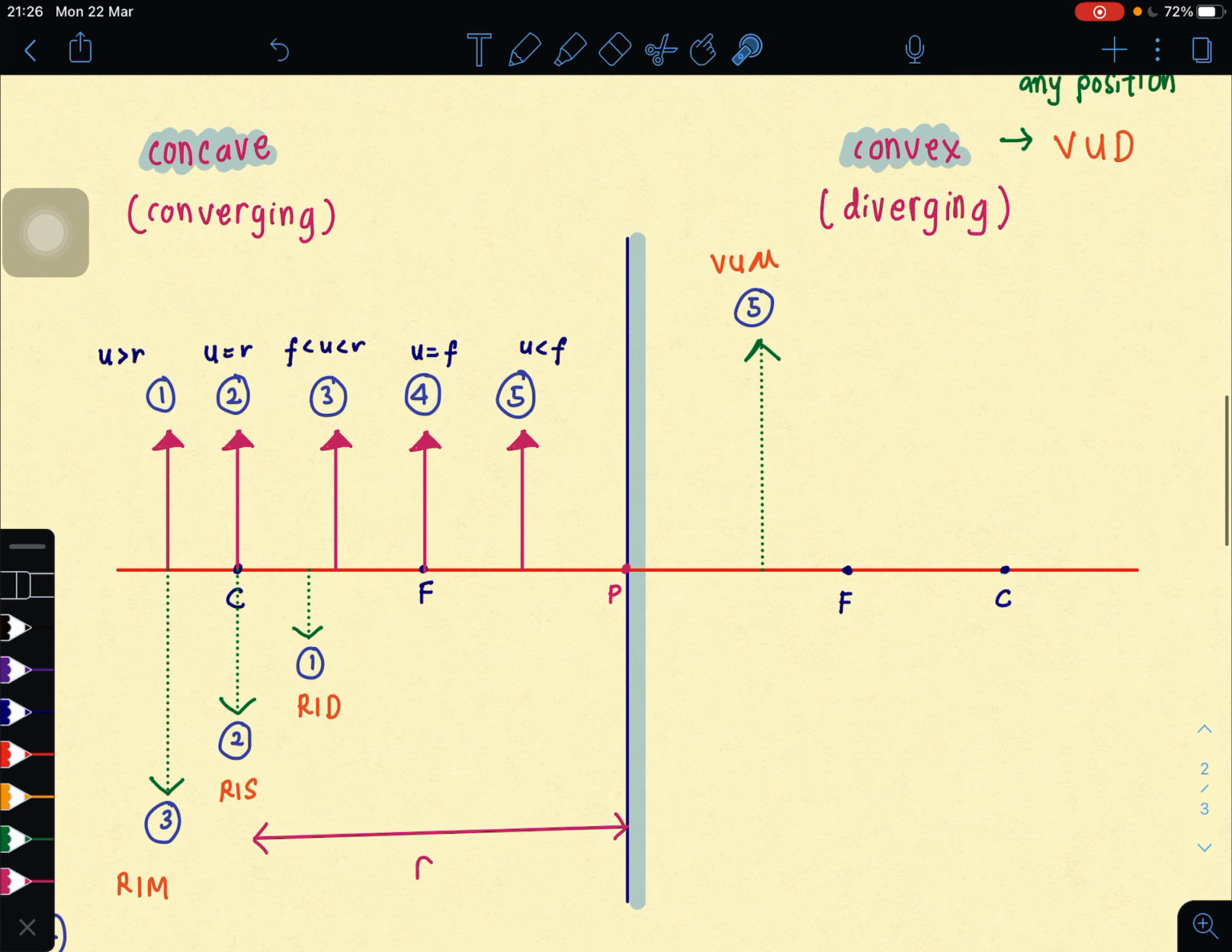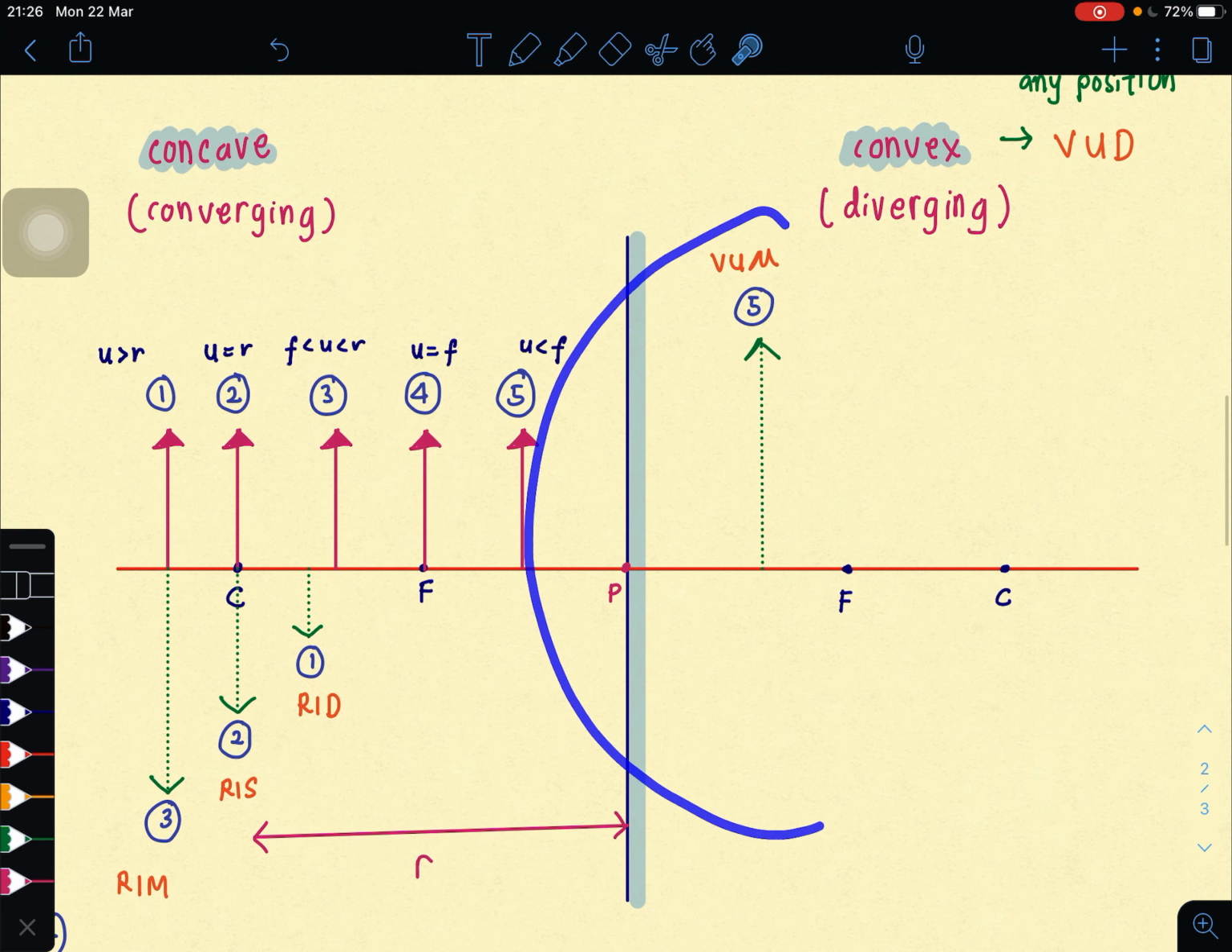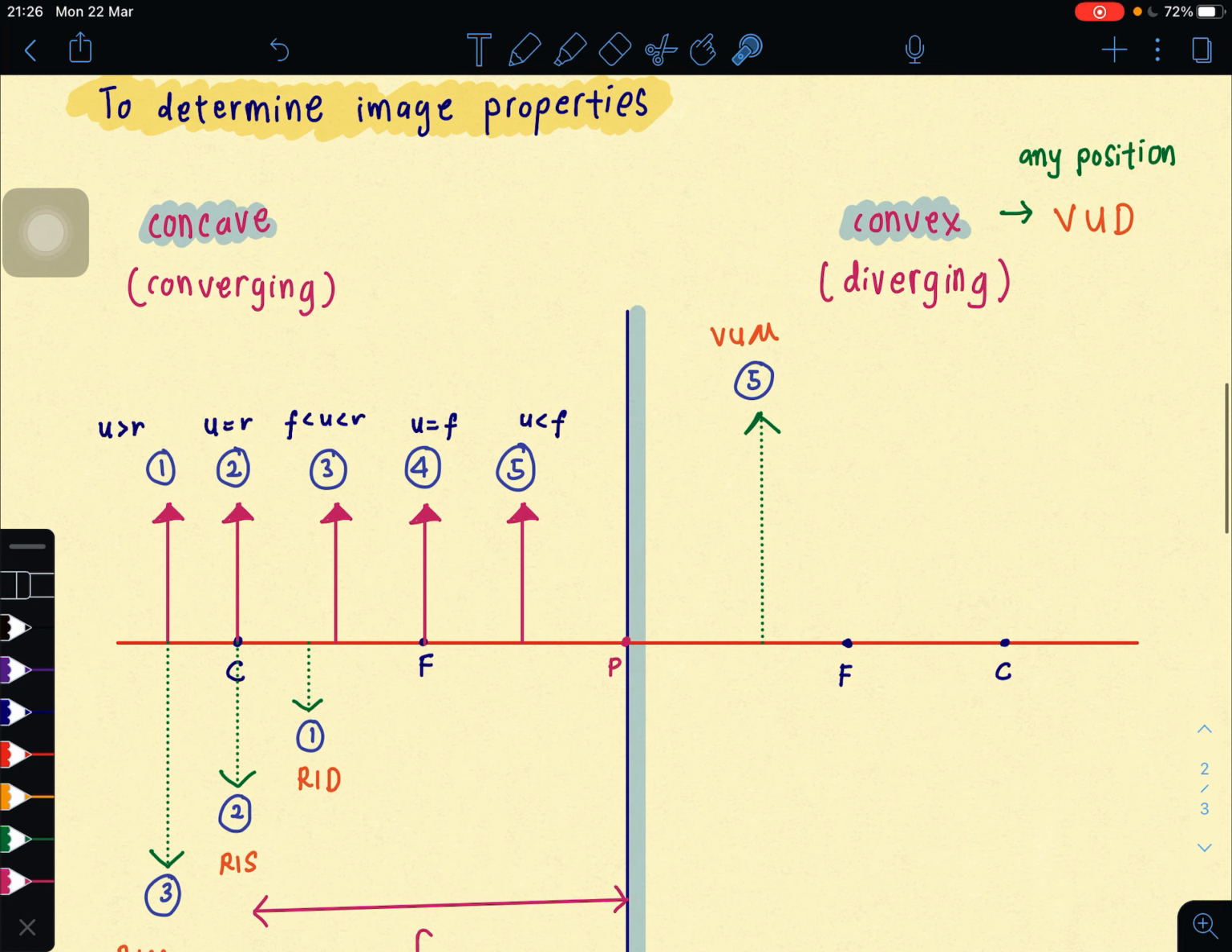Okay, so we start with convex first, which is convex macam ni. Because I have mentioned before, convex ni kita hanya ada same properties only. It doesn't matter any position kita letak object tu, it will always form the same image. Because kita always letak objek dekat depan cermin lah. Kita tidak akan letak dekat belakang lah. In your syllabus, it will always depan cermin. So it doesn't matter any position in front of the cermin, we always get the same image formation, which is